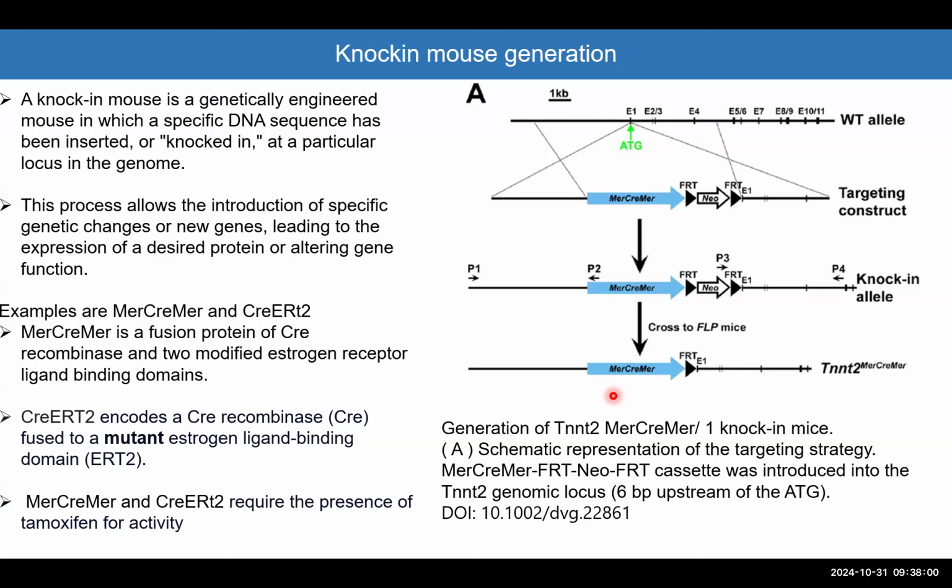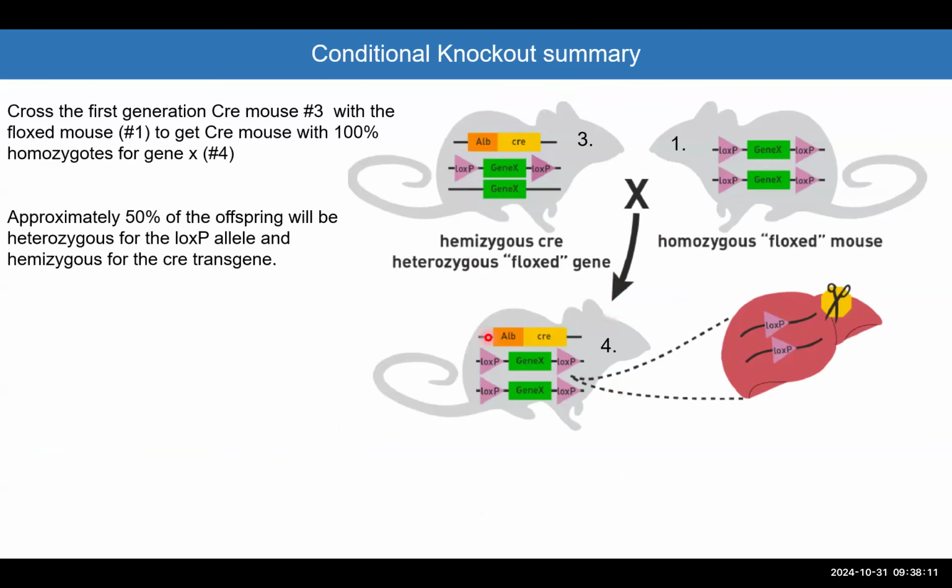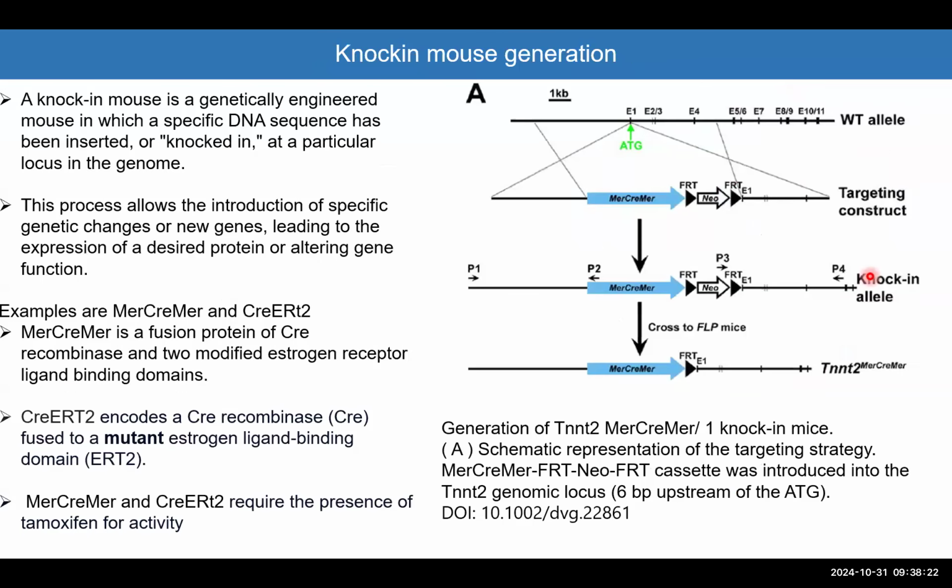Okay, so now one little modification we will add, which is the knock-in animals. Everything I just described in this mouse here, this guy, number one, we can perform it, but at this stage, instead of just adding LoxP sites, we can add a Cre or a specific gene, whatever that gene is. Okay? And since we know that the Mer-Cre-Mer is controlled by tamoxifen,